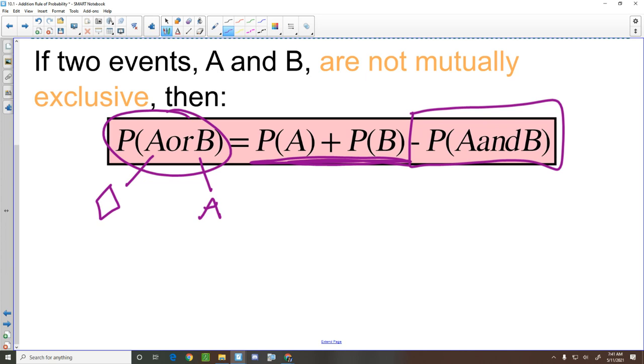Each suit has 13 different numbers or letters on it, 2 through 10, and then a jack, a queen, a king, and an ace of each of the 4 suits. And those are the 52 cards altogether. So if I want to calculate the probability of drawing a diamond or an ace,